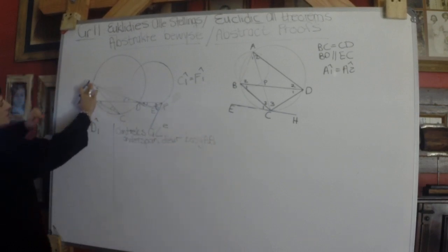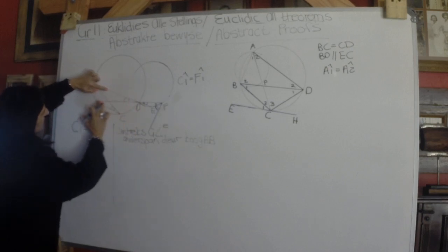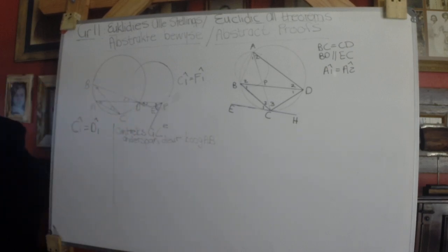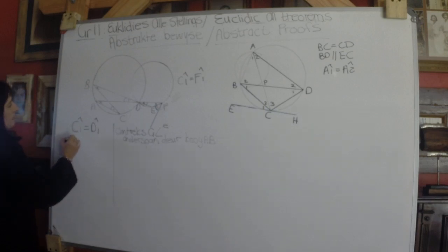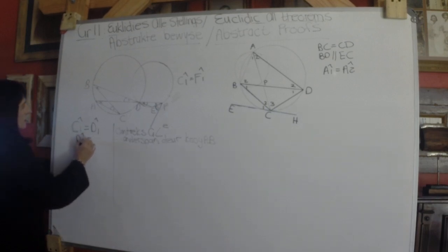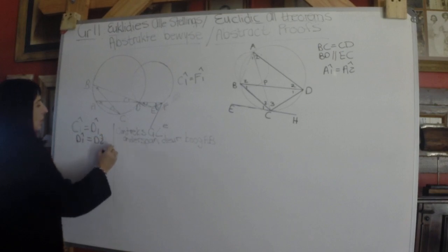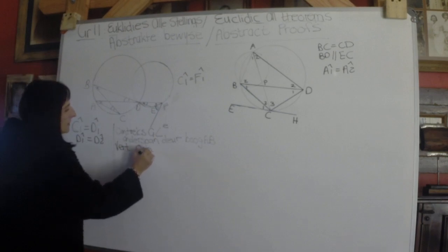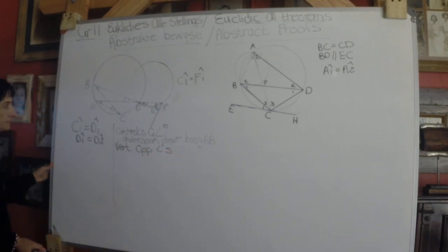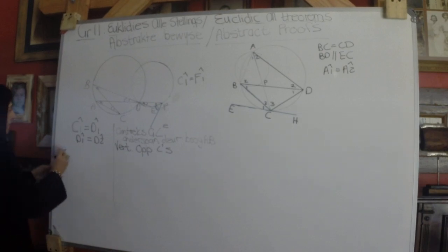Okay. If you look at this arc, AB, then that's a circumference angle, and that's a circumference angle. That then must be equal to each other because of the fact that it's subtended by the same arc. So then we can go on and we can say, but D1 equals D2. Why? It's vertically opposite angles. Okay, and then we can say that D2